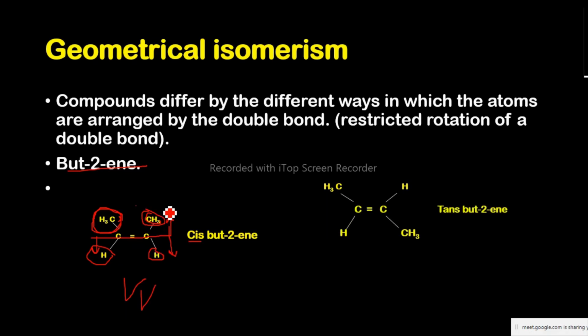However, there is another arrangement where the identical groups are on different, opposite planes. One is here, another one is on the other side. Then we call this one the trans isomer. When you are naming, you name this as cis-but-2-ene. Why 2? Because the double bond is on carbon number 2. This is carbon 1, this is carbon 2, and the double bond is just here. Then this one you name as trans-but-2-ene. Why trans? Because the identical groups are arranged on opposite planes, but also the double bond is on carbon number 2. Is that okay? Yes. So basically, that's what isomerism is about. Now